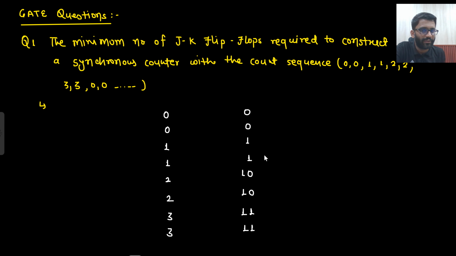How can I differentiate it? Using 1 bit only, 0 and 1. Can I differentiate these two as well? Yes, using 1 bit only, 0 and 1. Then these two also should be differentiated, 0 and 1. These two also should be differentiated, 0 and 1. But here you are using 3 bits, so here also you need to use 3 bits only, no? Are you getting this point? If I am using 3 bits here, so here also I will use 3 bits. So what I should do is that